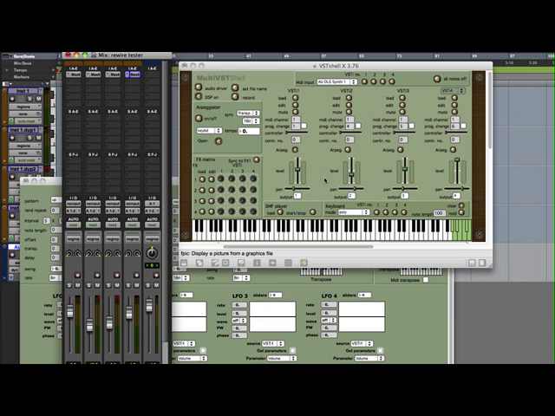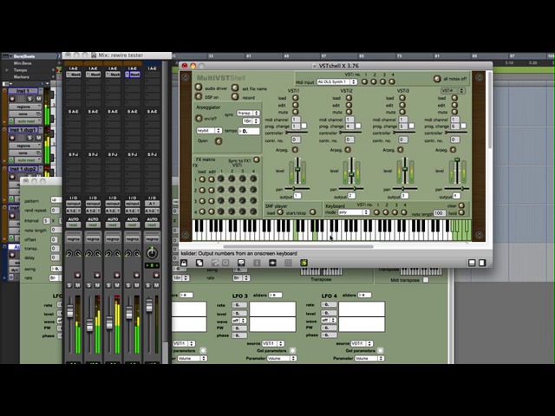So if we set up, I'll connect these all up now, set them all to the arpeggiator, enter some notes, and you'll see they're all coming in on separate Rewire channels there into the different instrument tracks. Let's